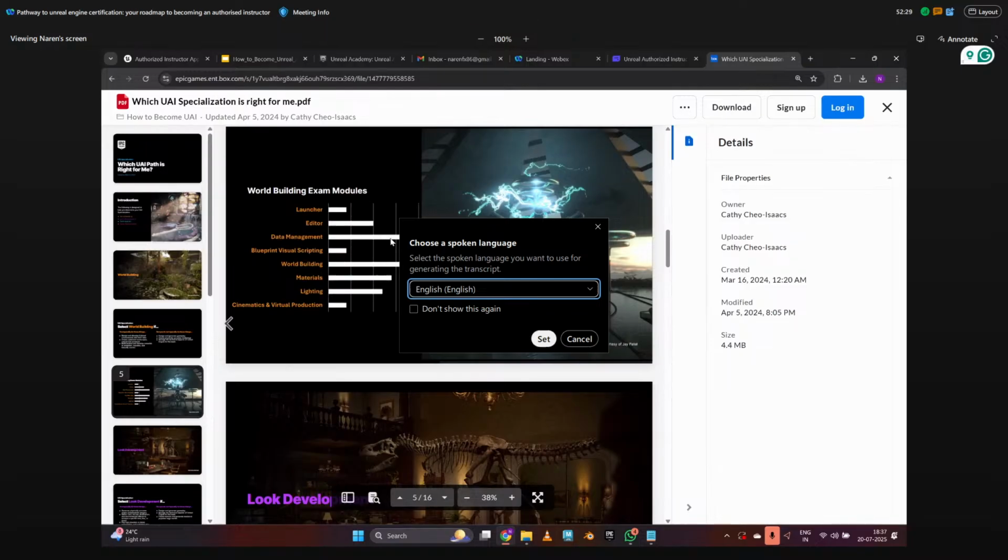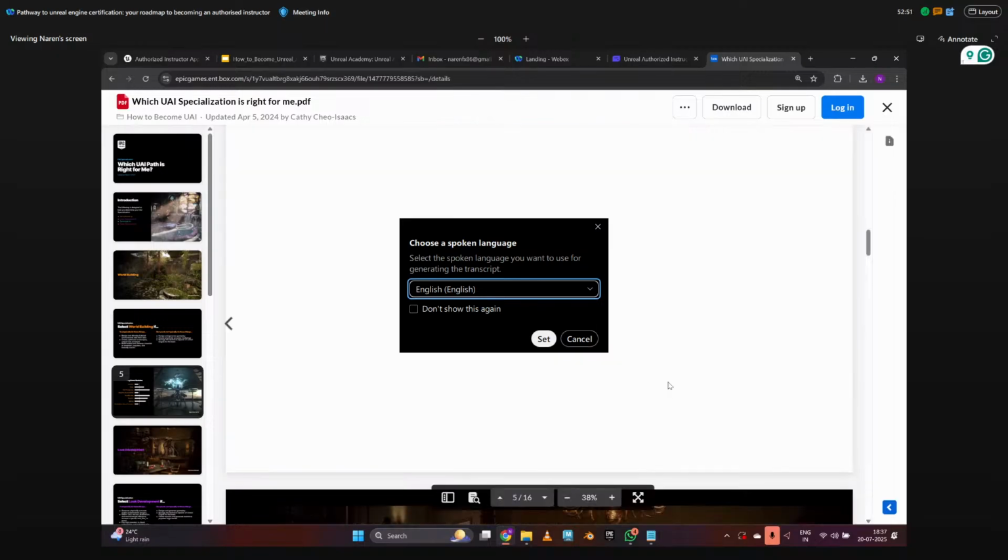The dominant topics are data management, Unreal Engine editor, world building, materials, how to access the material, different types of materials, different types of lighting, static and dynamic lighting, and what is the difference. A lot of nuances are there, but they are the basic differences of what is what.